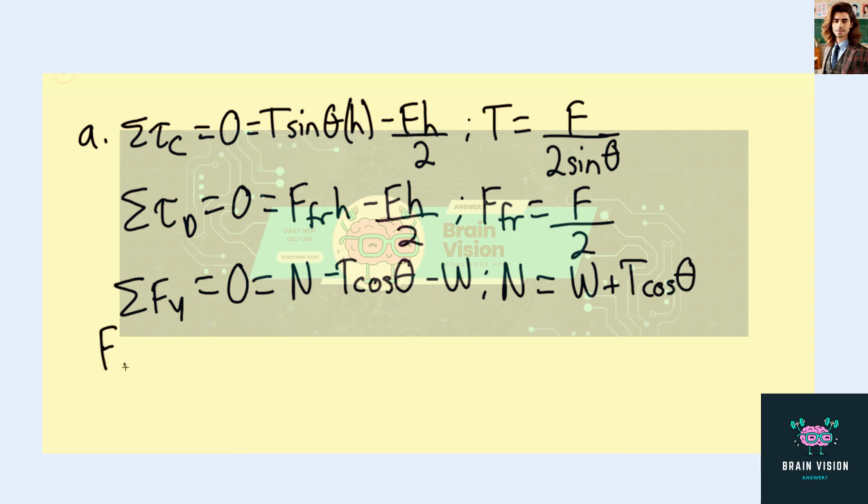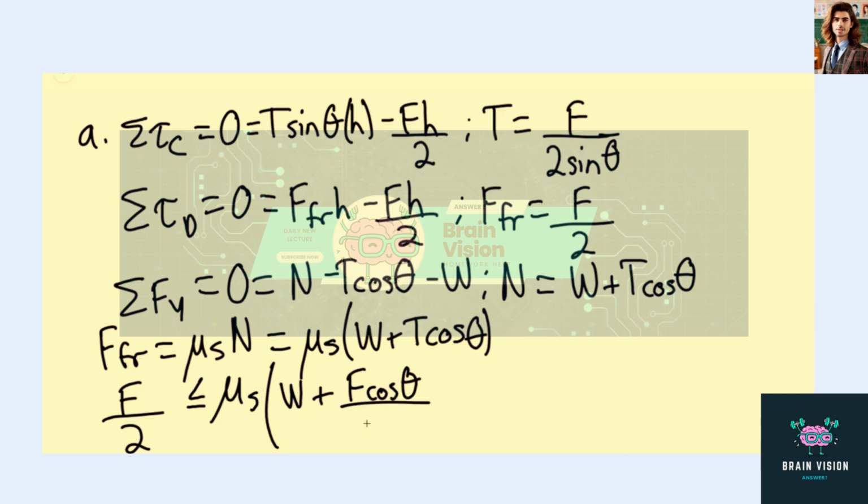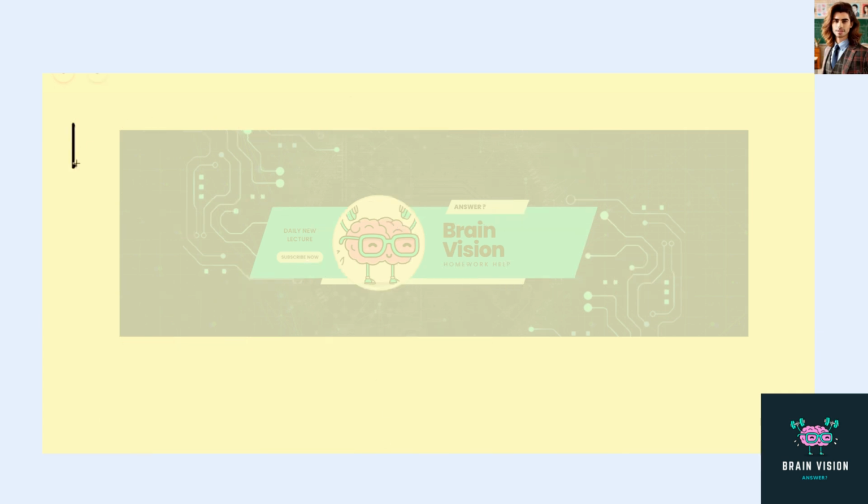And we can say that the force of friction is going to equal the coefficient of static friction times the normal force. This is just by the definition of the force of friction. And this will equal mu S times W plus T cosine of theta. And at this point, we can say that the force of the lever arm over 2 has to be less than or equal to the coefficient of static friction times the weight plus F cosine of theta divided by 2 sine of theta. And so we find that F